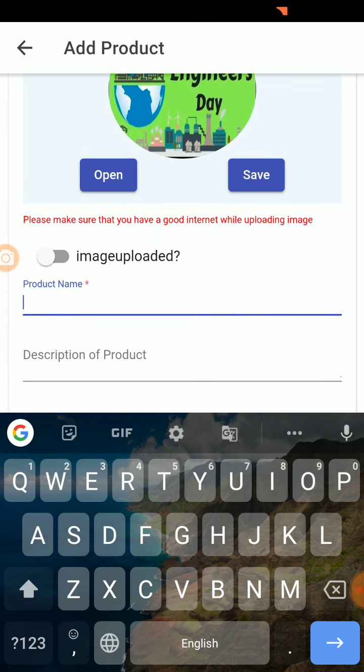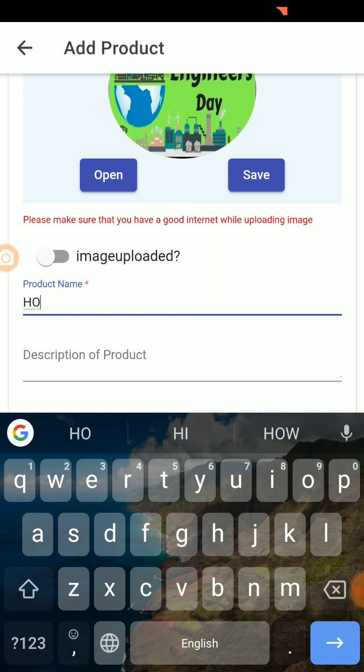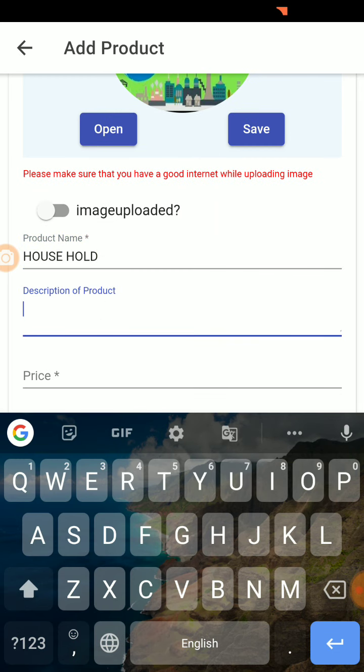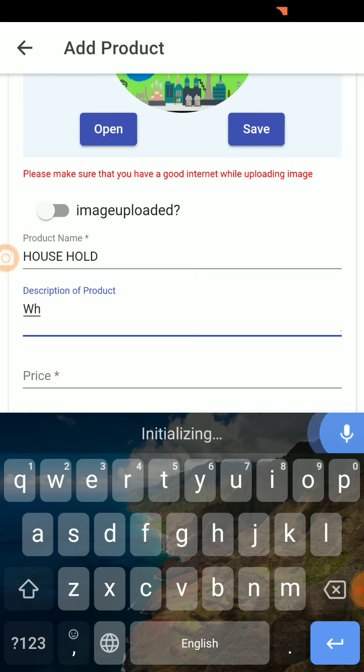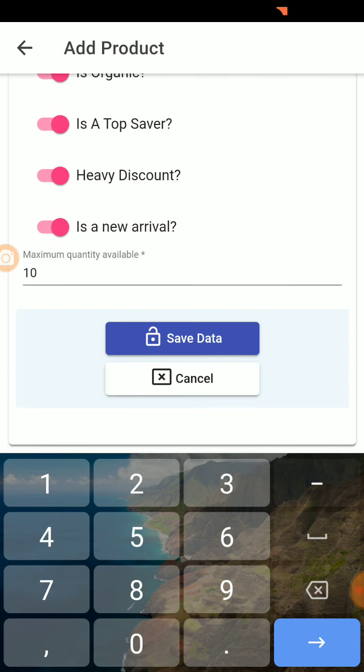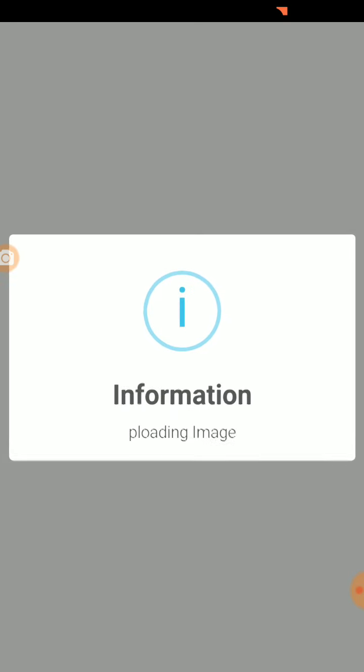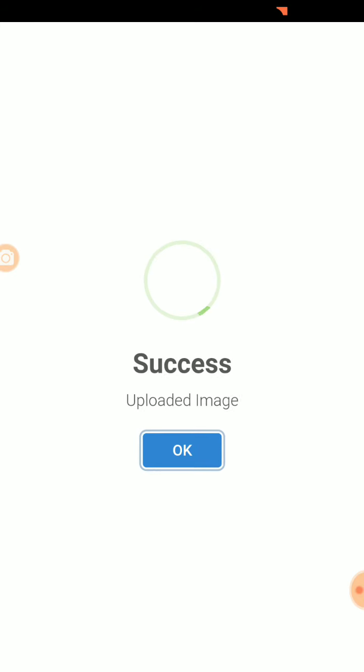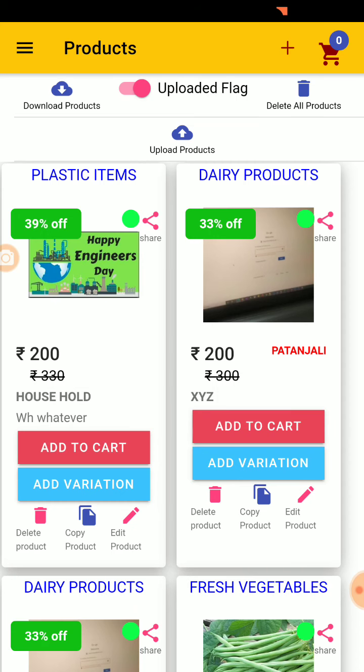Product name: household something, and a description. Price is 200, MRP is 330, the maximum quantity available to sell is 10, and I save the data. Once I save the data, we upload the image and add the product. So your product is being added.